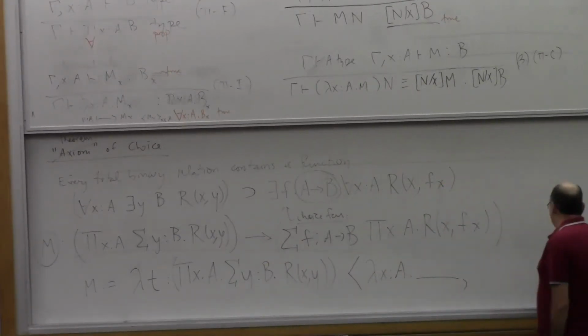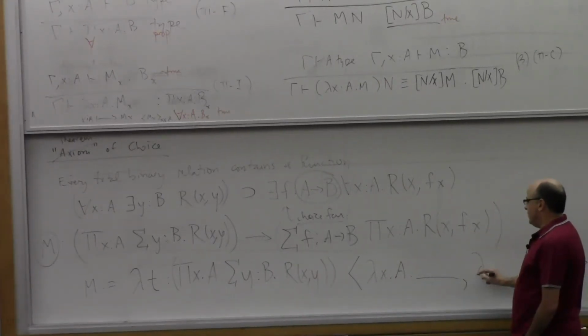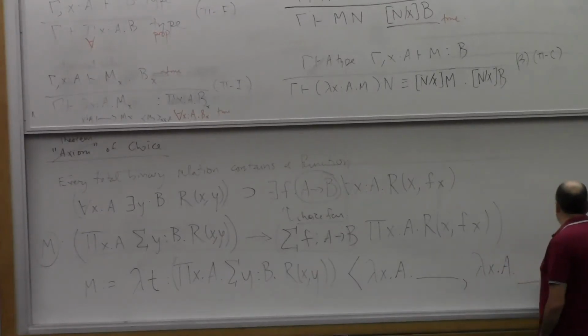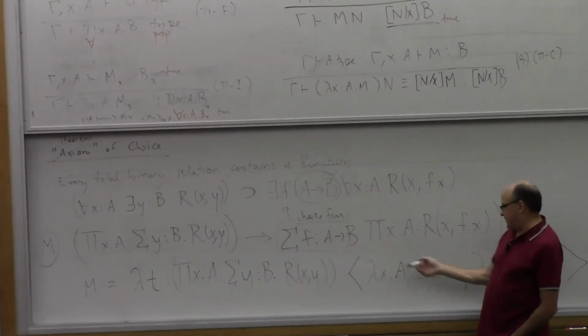Okay? And then this will be a proof that for every x in A, something or other holds. So this will have to be a lambda, and then this will be something that will get filled in here. Like, we agree that that's pretty much what you have to do, right? I'm going to use t in here somewhere, obviously, but